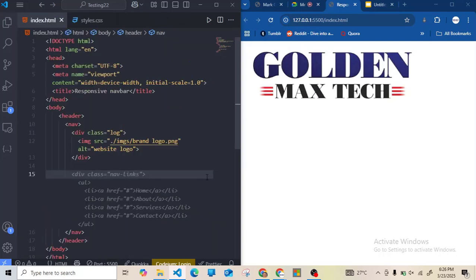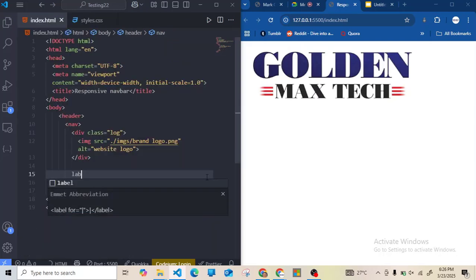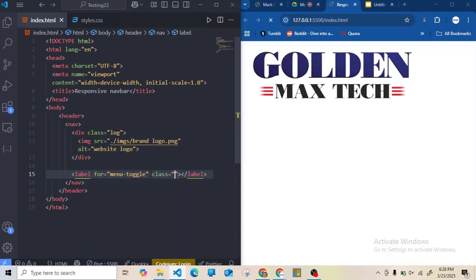After this logo, I'm going to use a checkbox by calling the label element. This label is going to be for menu toggle, and I'm going to give it a class name of hamburger. In between this,